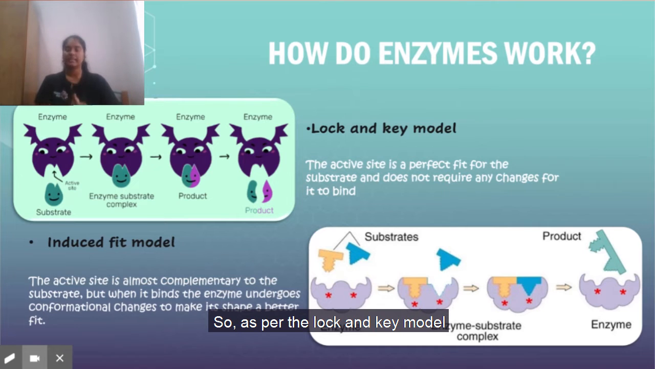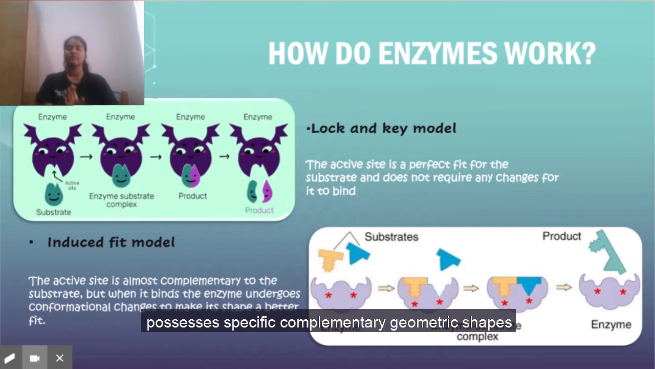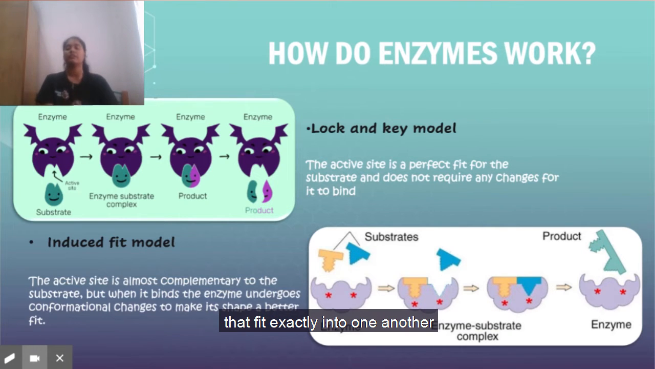As per the lock and key model, the model explains the specificity of enzymes where both the enzyme and the substrate possess specific complementary geometric shapes that fit exactly into one another. But for the induced fit model, even though the substrate has a different shape that doesn't match the shape of the active site, it's not a big deal because the active site will continue to change until the substrate is